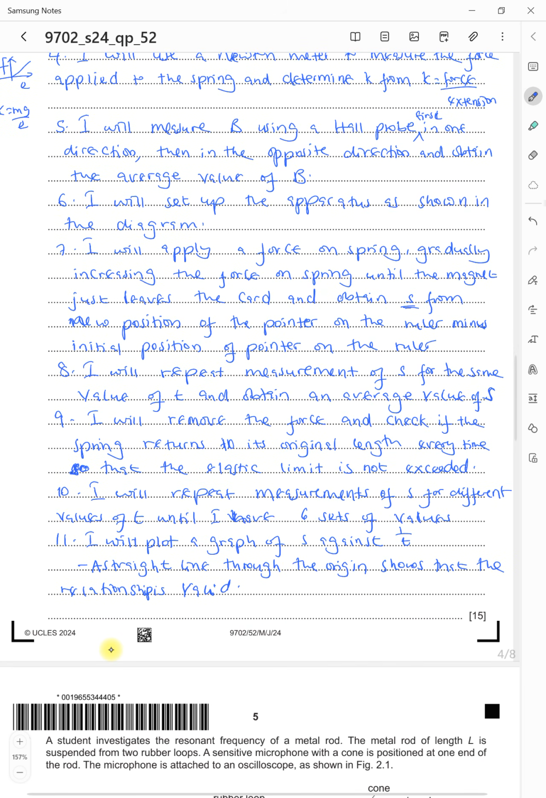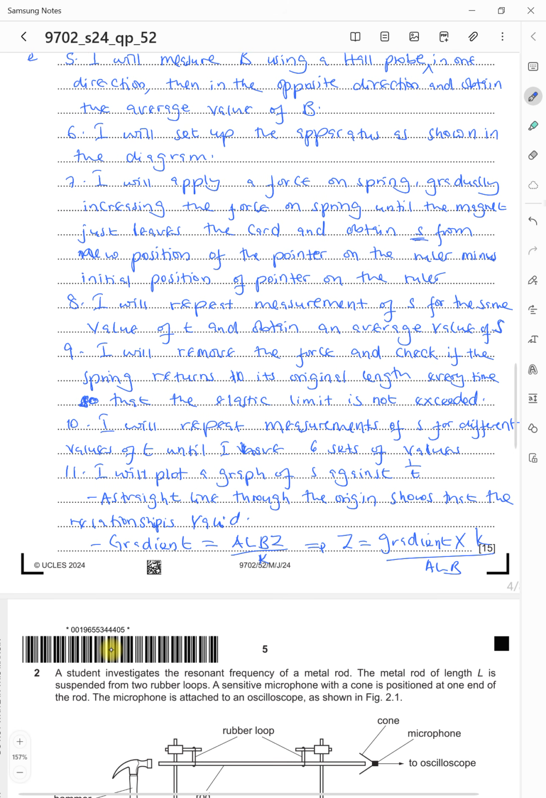And then, of course, the gradient. The gradient was equal to ALBZ divided by K, which implied that Z was equal to the gradient multiplied by K divided by ALB. Then the last part is for safety. Let this be 12. So I'll say for safety,